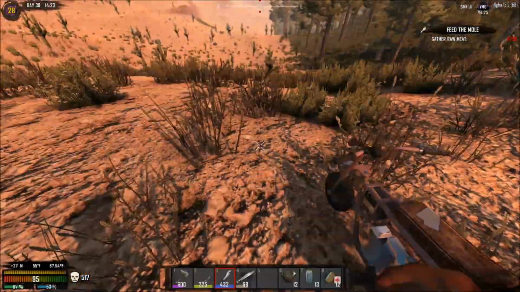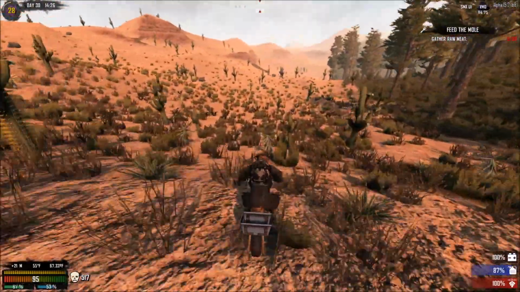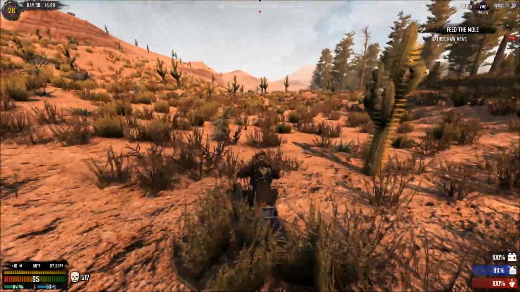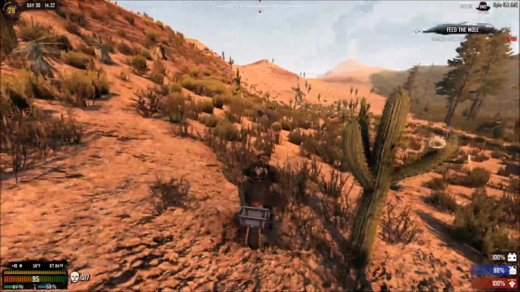Okay, let me just see. That's correct, actually. We're just going through the desert, which is a good thing to do anyway, isn't it? Because that means we're going to be able to check out this new area. So we've got desert here, so this is probably going to be a good place to come for shale oil